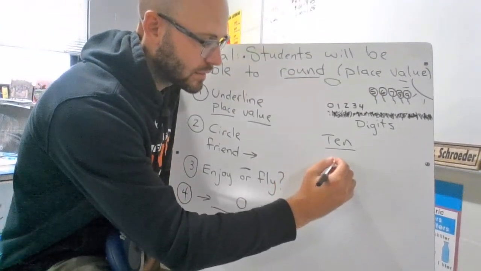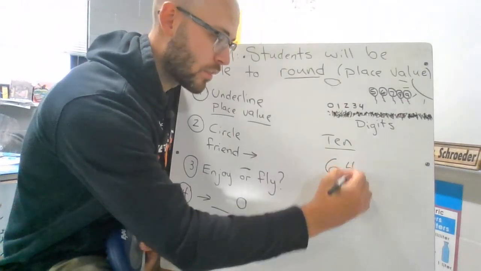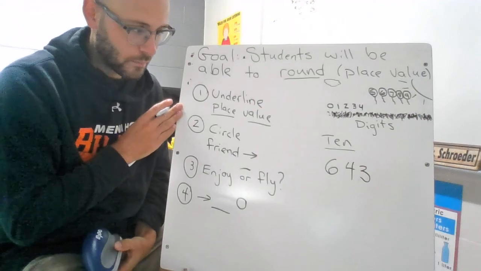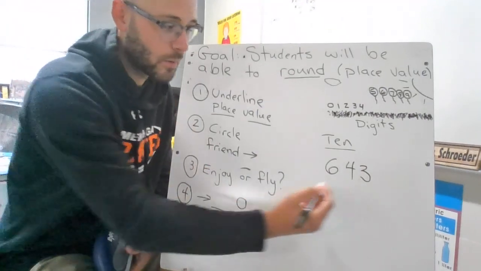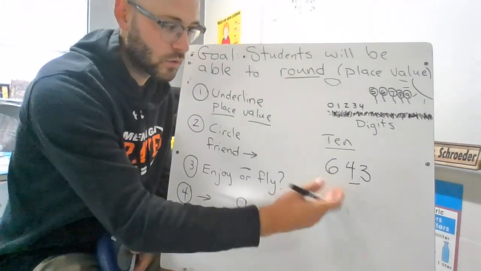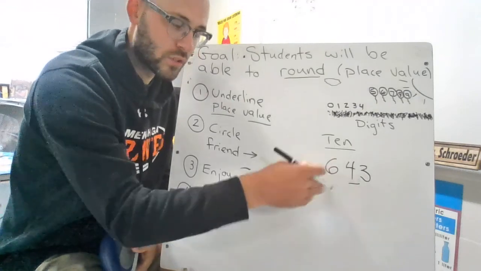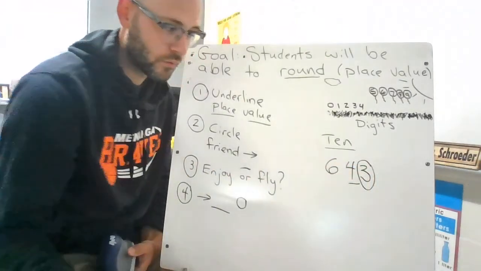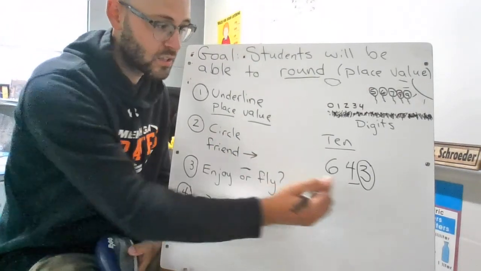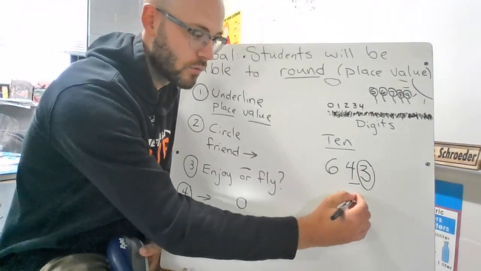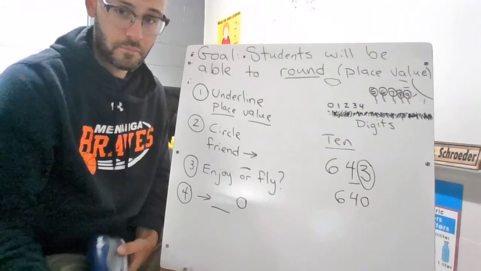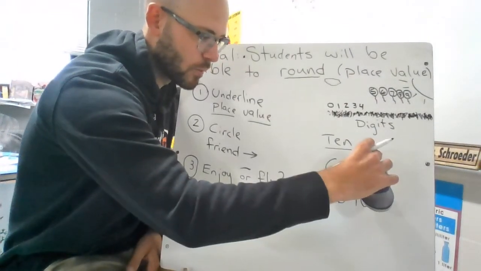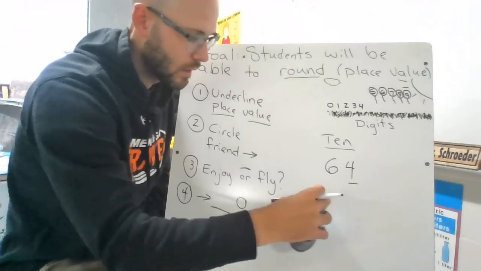If I have a number like 643 and I want to go to the closest 10, I'll show you my 4 steps in a second here, but you underline this and say to yourself, is it closer to 640? Or if it goes up 1, 650. Well, then you look at the friend to the right, the circled friend, and 3 enjoys its day, so the 4 is going to stay the same, 640. Pretty simple. If that 3 wouldn't have been a 3, and let's just say it would have been a 7,